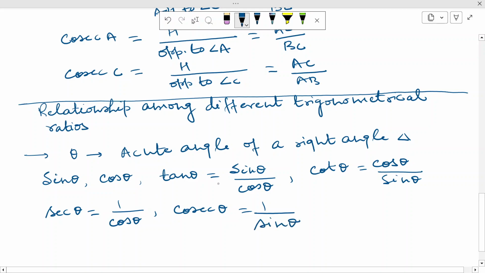So, these are the relationships among the different trigonometrical ratios, and these ratios you can easily obtain